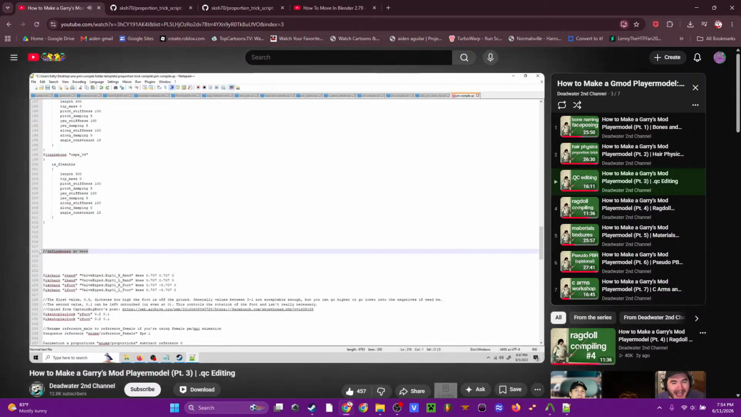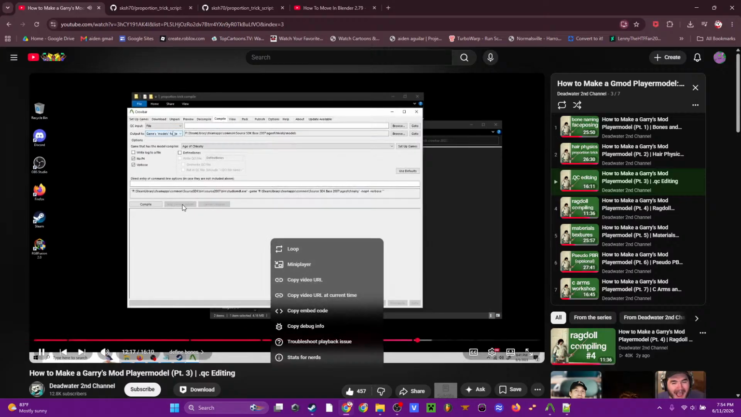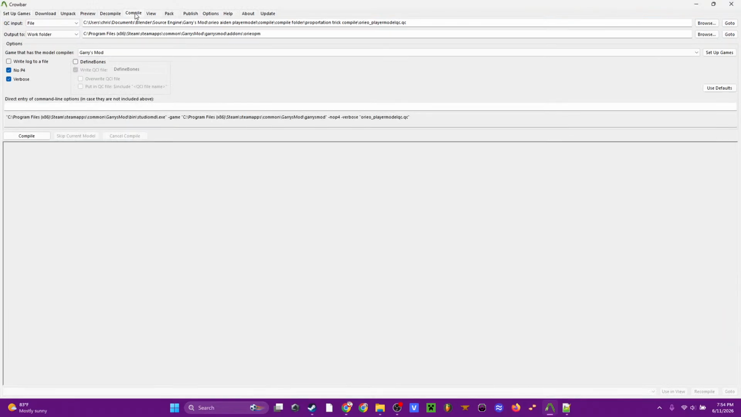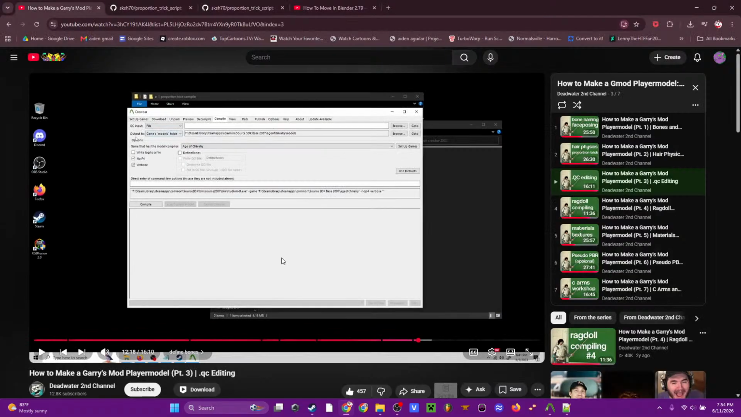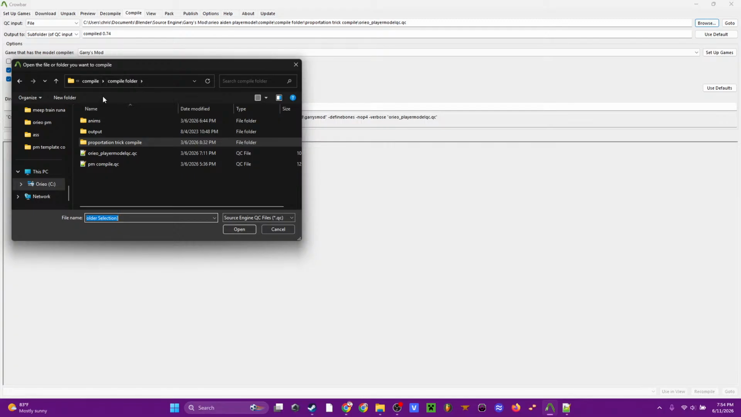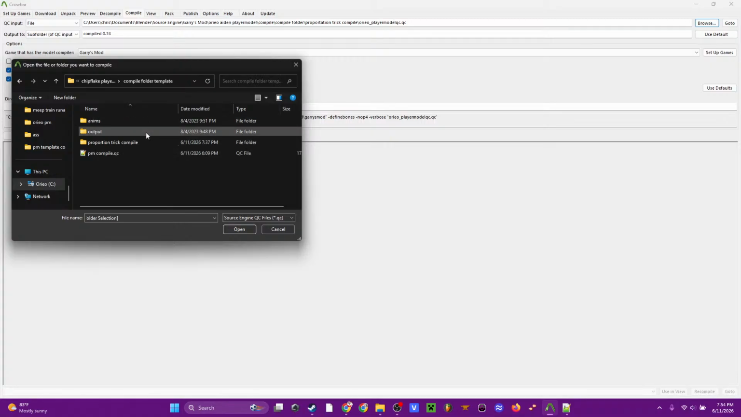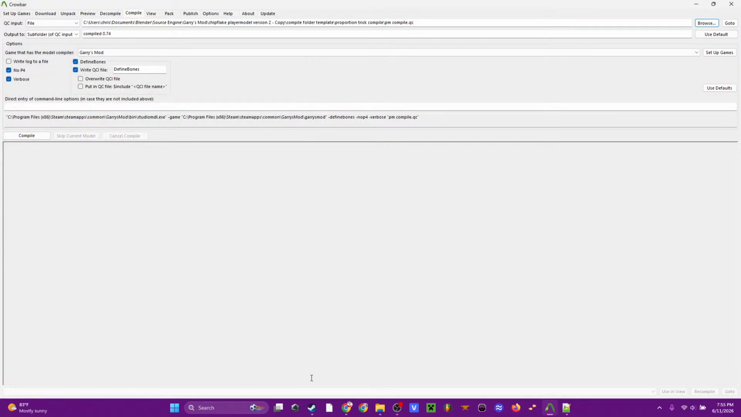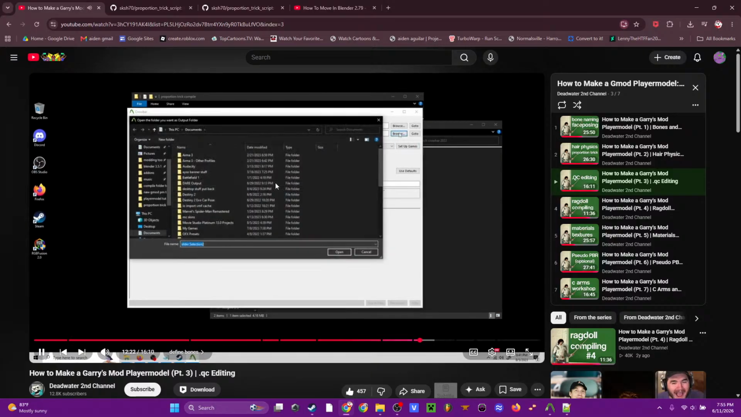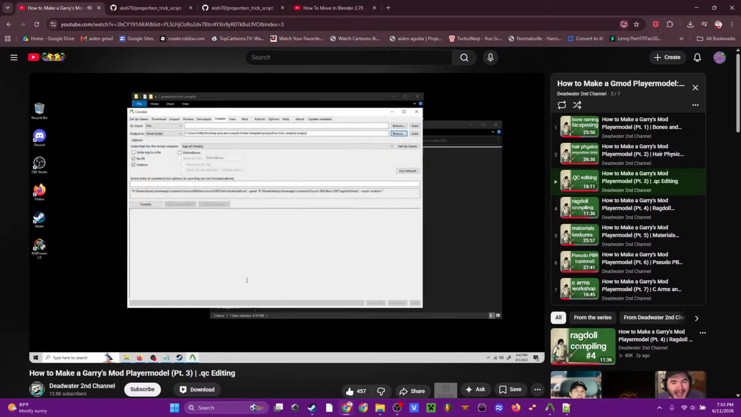Okay, so the next thing that we're going to do is the define bones. So we are going to go to Crowbar and then go to compile, and under output we're going to change this to subfolder actually. I do want that this time, just because. Then browse, and we're going to go to our proportion trick compile folder that we just made, output, and then choose that. And now under QC input,